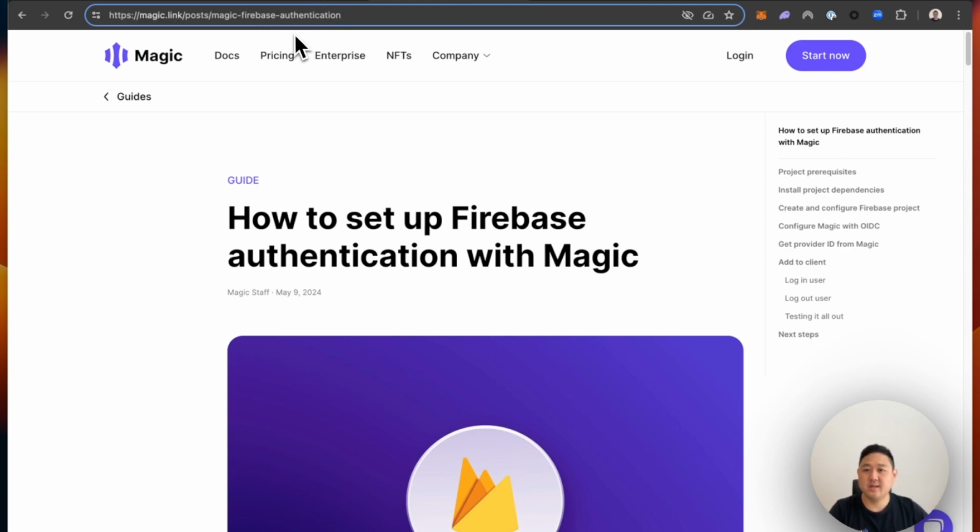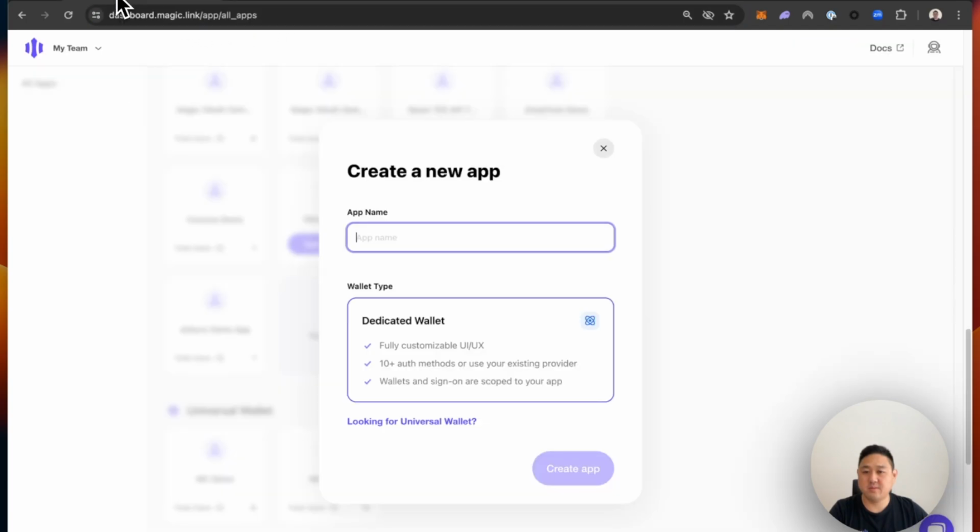Let's start from the dashboard. We're going to create a new app right now. Let's just do Magic Firebase demo. You can name it whatever you want. And of course, this is the dashboard, magic.link. You can create an account or log in. I'm creating a new application here. And with that,